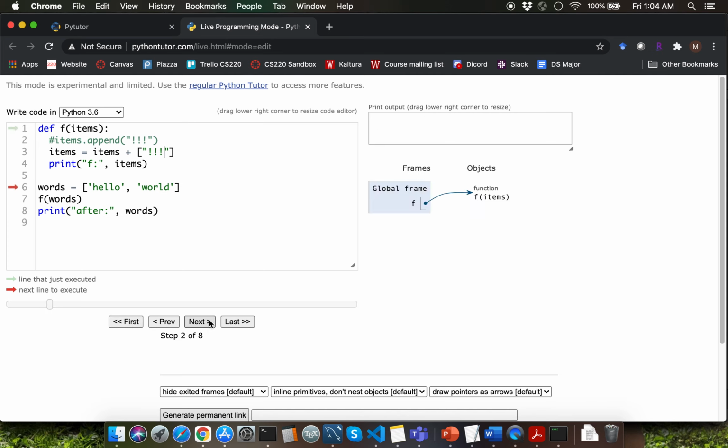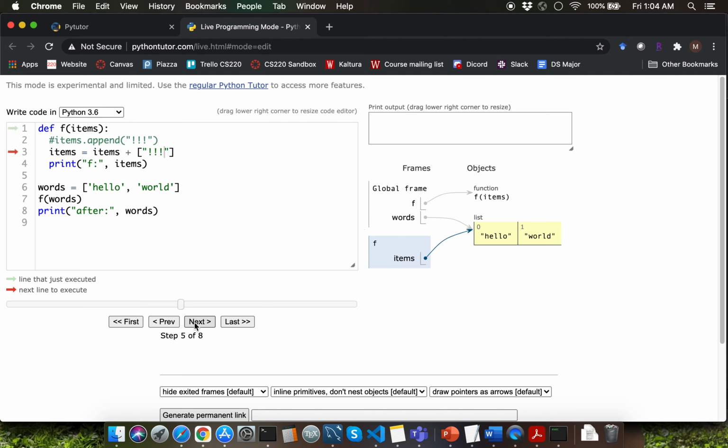We are defining a function f, then we are creating a list object instance and storing the reference to that into the variable words. When we are invoking the function f, the parameter items is going to reference whatever is being referenced by the argument words here.